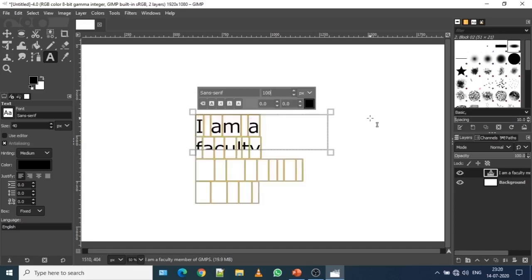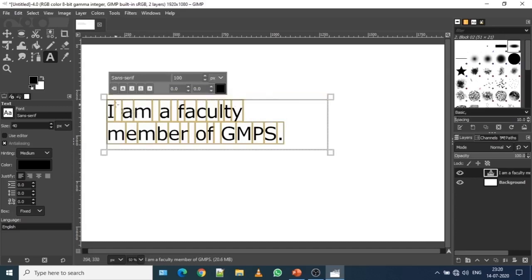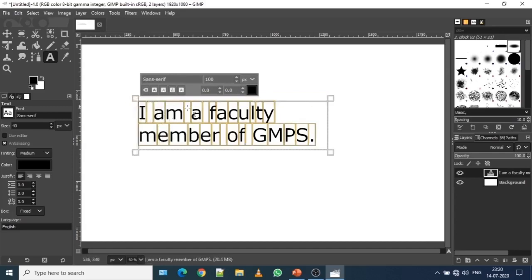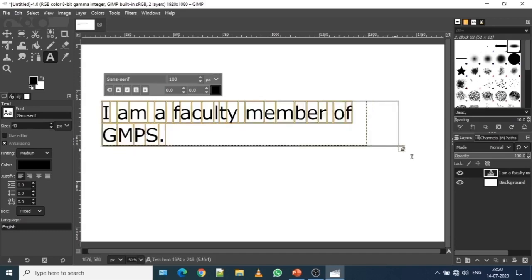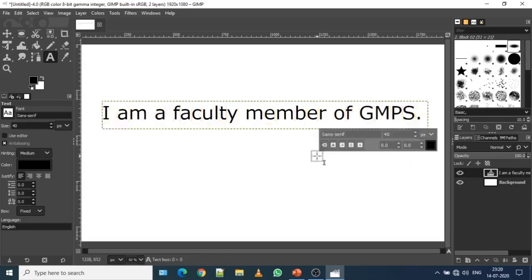The moment I press enter, you will notice that the text comes out of the text box that I created on the artboard. To adjust the length of the text, I have to adjust this area. And if I want it in a single line, I have to increase the size of the text box. Now it is okay.